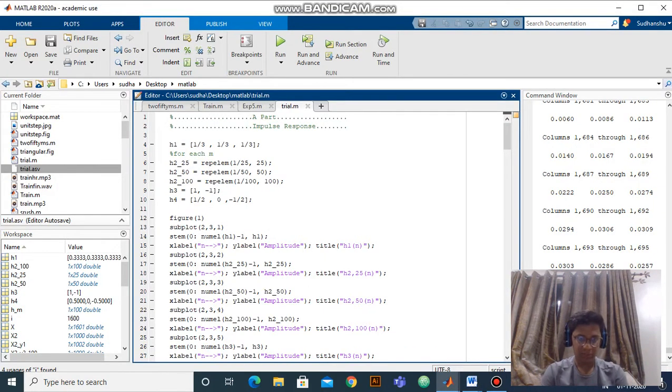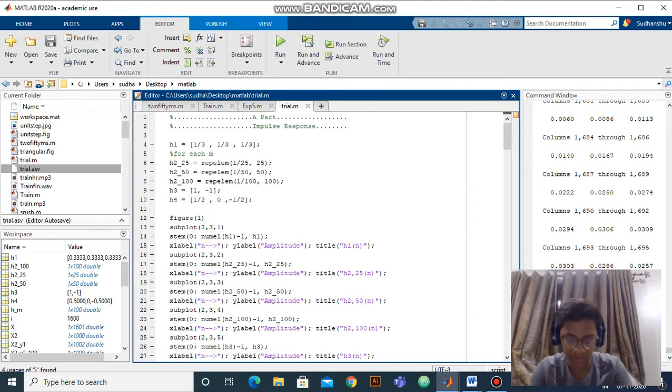First we will be defining the impulse responses of the systems that are given to us. The impulse response is the output of the system when the given input is the delta function. Here we have defined 6 systems: h1 is 1/3, 1/3, 1/3 for 3 values. For h2, when m is equal to 25, we get 25 delta impulses; h2 when m is 50, h2 with m of 100, and system h3 is 1, -1, and h4 is 1/2, 0,